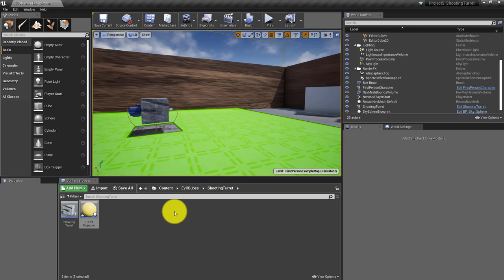So the rotating turret. The next project is going to be starting with the health bar. So now that we have something that can cause us damage, actually several things that can cause us damage, we now want to create a health bar in our next project so that we can